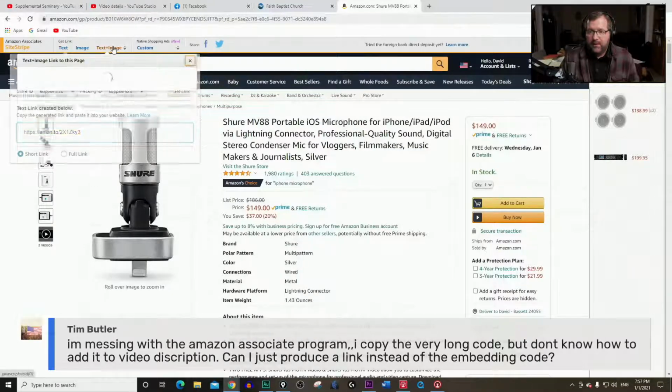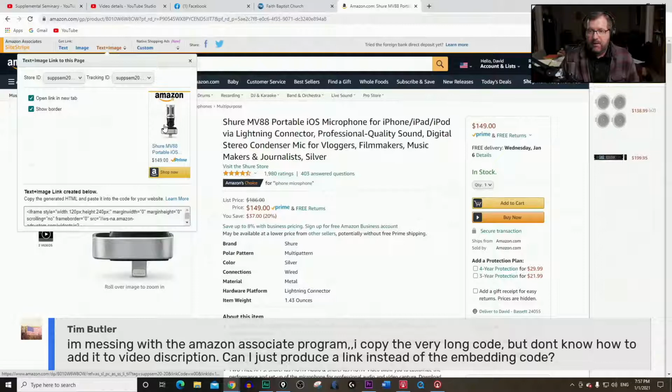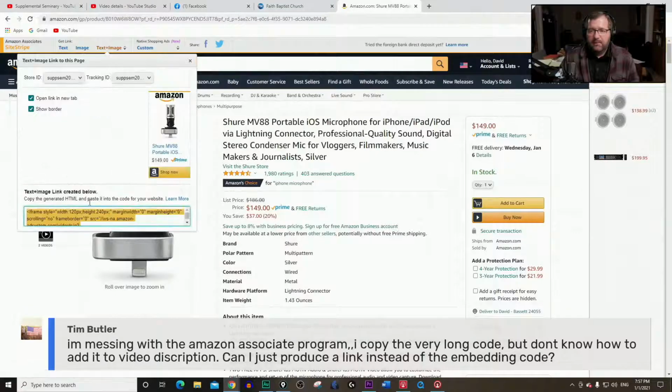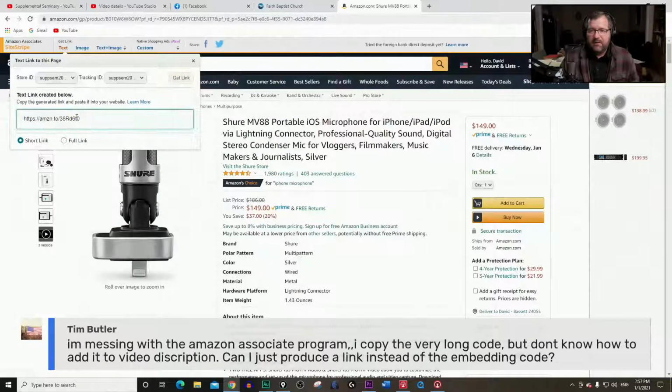And I don't know about an embed code. Now you can get pictures like this now. Now that's an embed code right there. Excuse me. Image. You could get pictures. Like there's a large image, small, medium. This is an embeddable code right here. I may start using those on my website. But I use the text, and then I come down here and I think it's like, copy, paste, copy it.